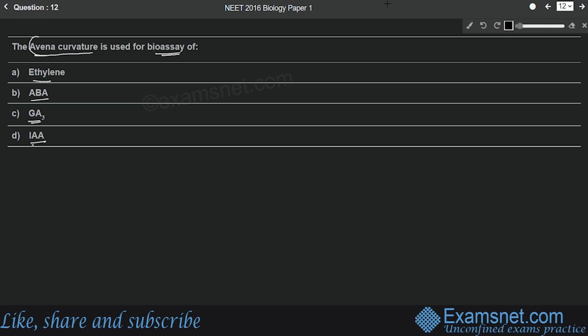The word Avena has been taken from the scientific name of a plant, that is Avena sativa, and the common name of this plant is oat. So you must have heard of oat plant, right? So an experiment was conducted with this plant where the coleoptile was first taken out from the plant. That is this portion, coleoptile part. Okay, this is the coleoptile,